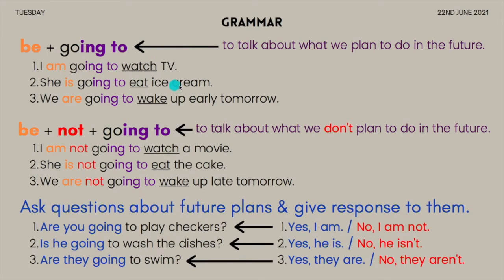Let's look at the positive sentence. Future tense is something that is not happening yet, meaning you are going to talk about the future. Previously we have learned the past tense and the present tense, right? Just put that aside and now let's focus on future tense. Look at the first one. The formula for writing these sentences